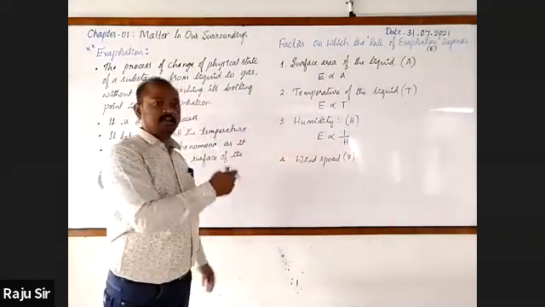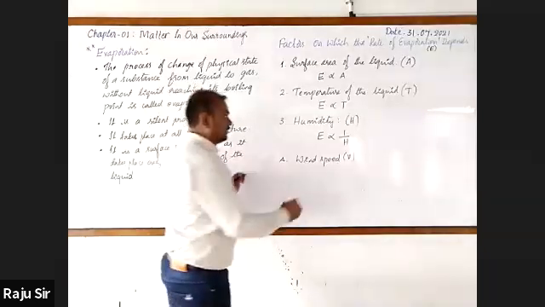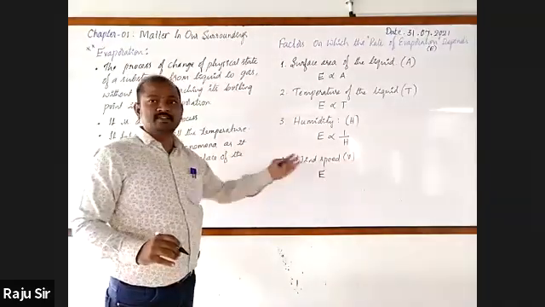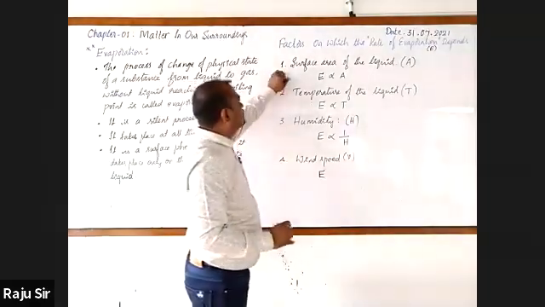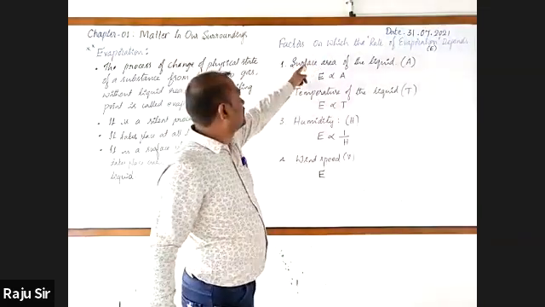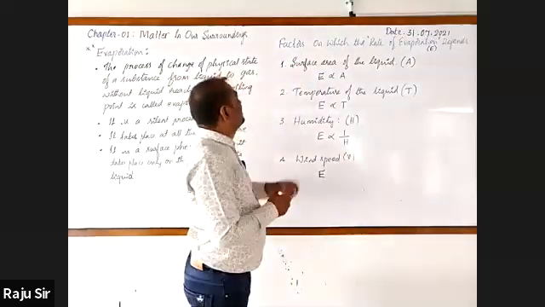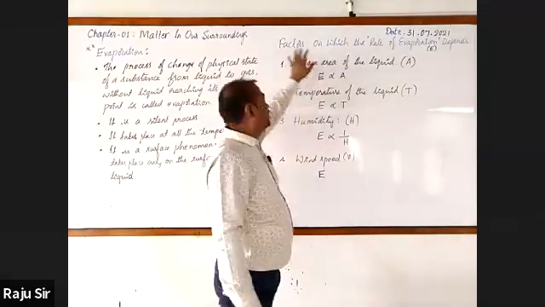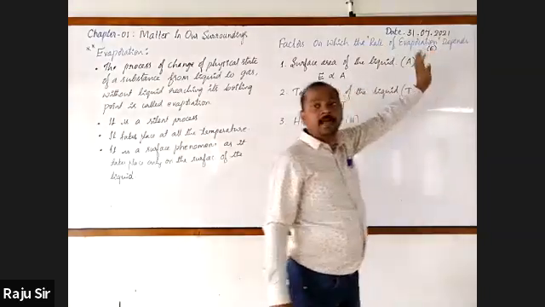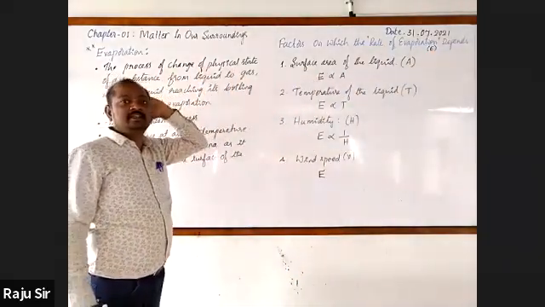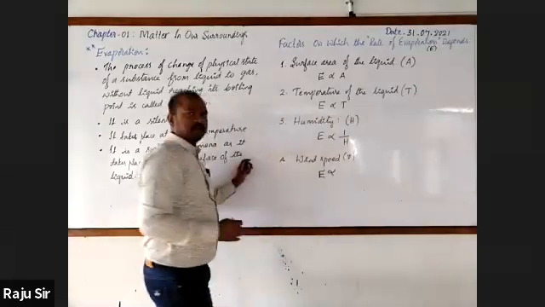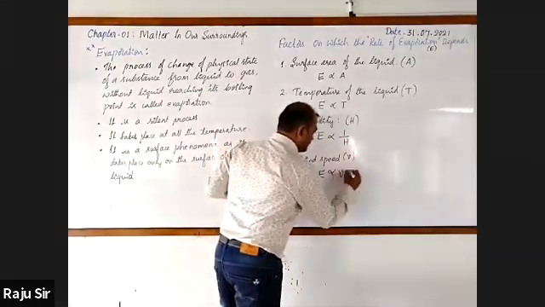Velocity, speed, we use V for all of that. Sir, what is the first factor on which the rate of evaporation depends? Where is it? We are already on the fourth. Sir, the first heading. Heading, the last word, I'll say it in full: factors on which the rate of evaporation depends. Wind speed, directly or inversely? Directly, sir.